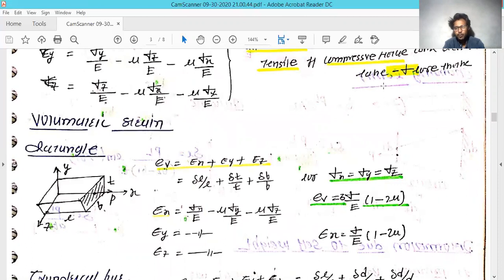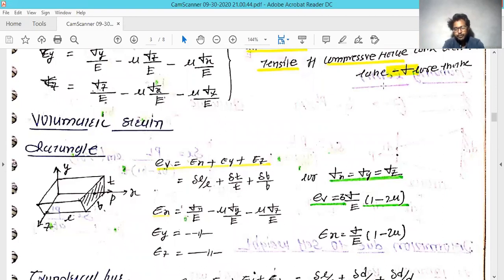in the first section, a rectangular shape which has length, breadth, and thickness. In this diagram, as you see on the PDF, in the x direction it has some length. In the y direction, it has some thickness of that object, and in the z direction, the width of that cross section. So these are the three dimensions. Whenever you apply force in the x direction, it has some effect on the y and z direction as well. The similar equations we have seen just before, we have to deduce for this.